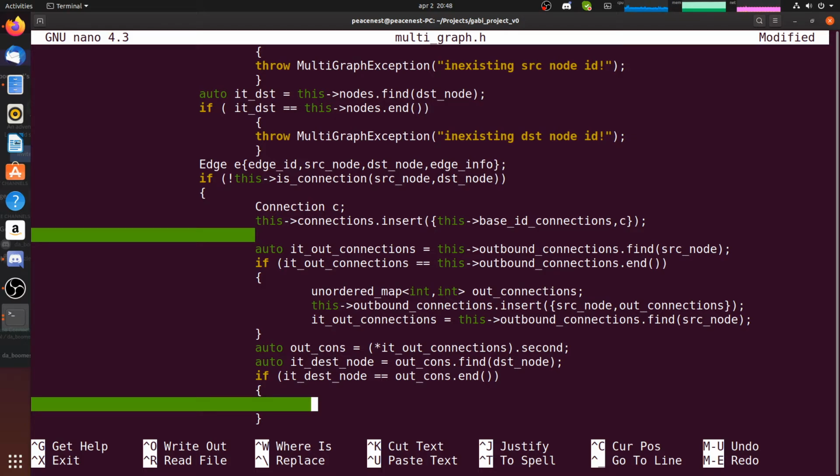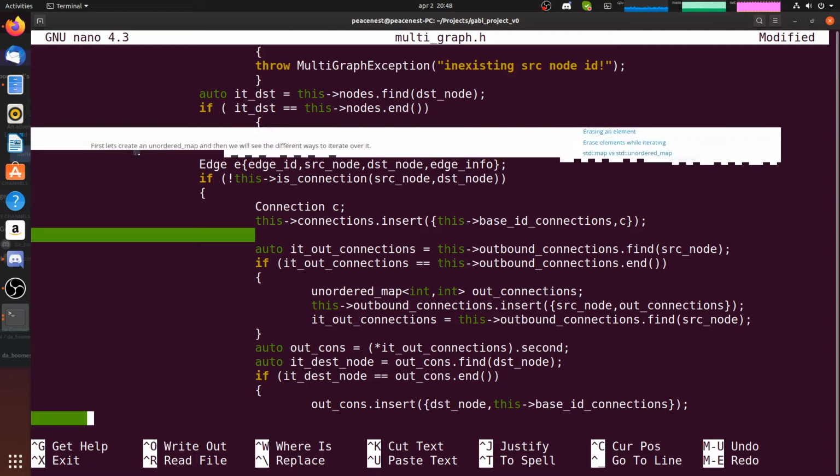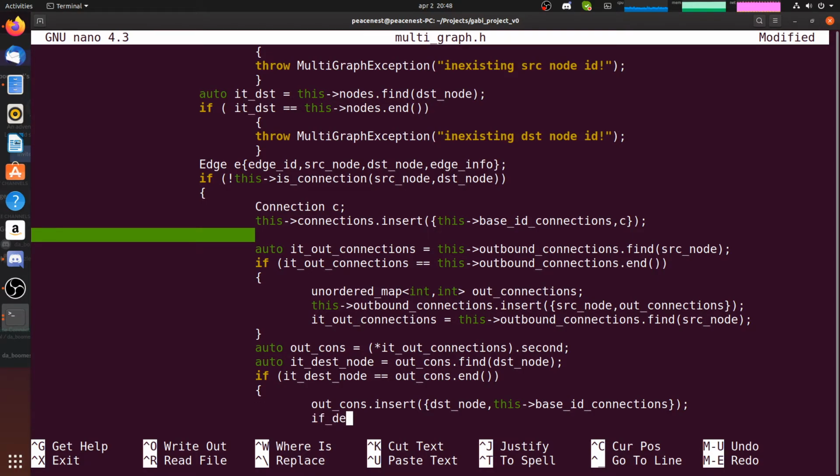Yeah. So it's going to be outconst dot insert the pair of destination node and what? The ID of the connection, right? Is going to be this base ID connections, right? Okay, which I'm not incrementing, only after I've done this, right? So I insert this, and now I am ensuring that the IT destination node